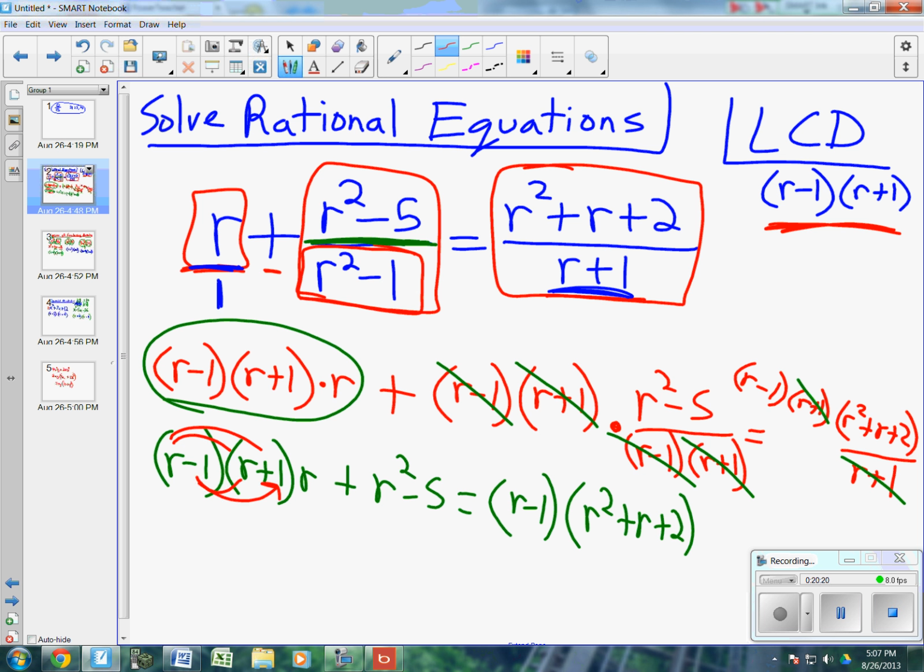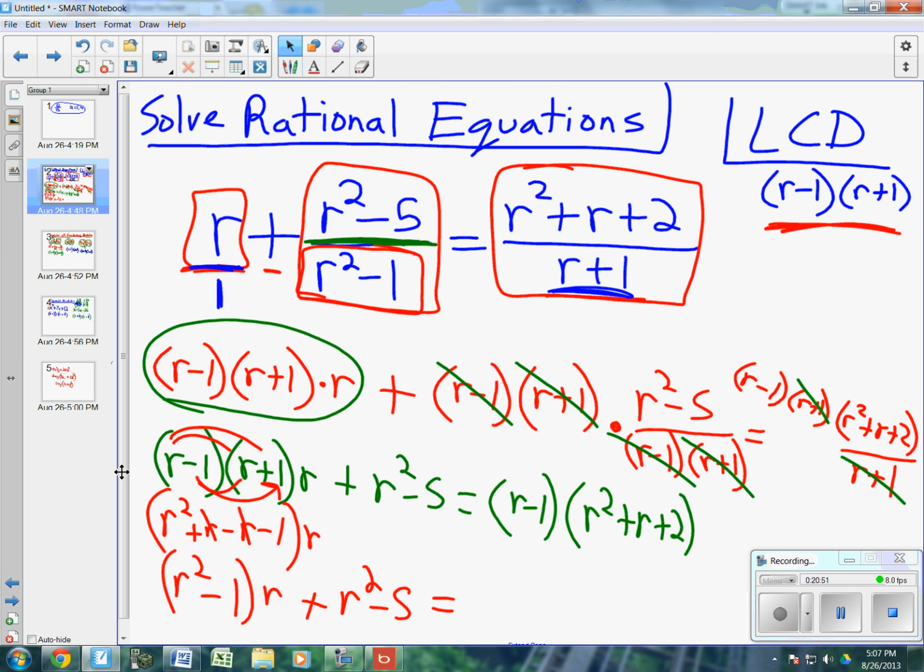Well, the middle terms you're going to find out because we're going to get r squared plus r minus 1 times by this r right here. And you'll notice that in the middle, r minus r is 0. So I'm going to end up with r squared minus 1 times r. And then I have the plus r squared minus 5 from above